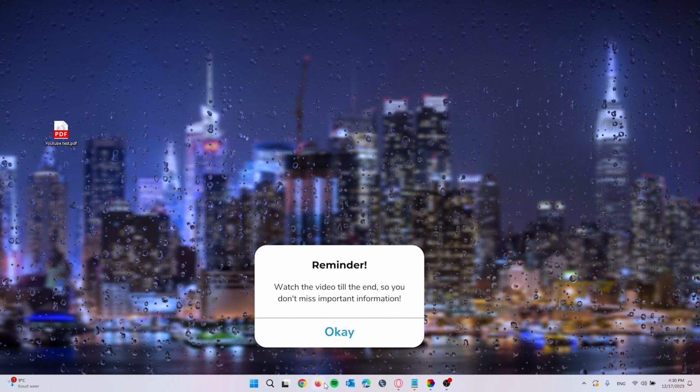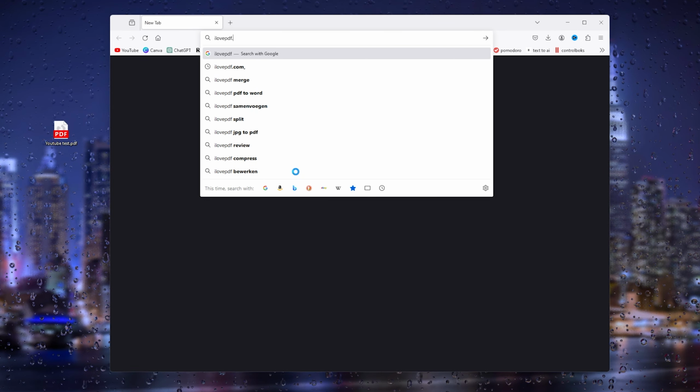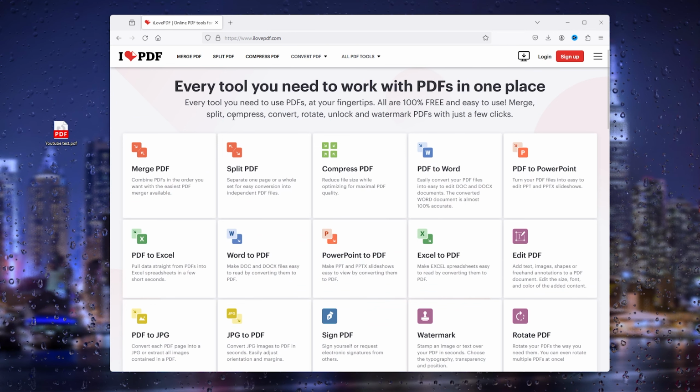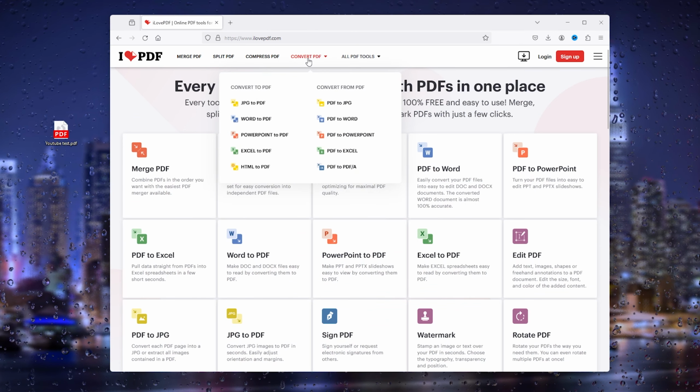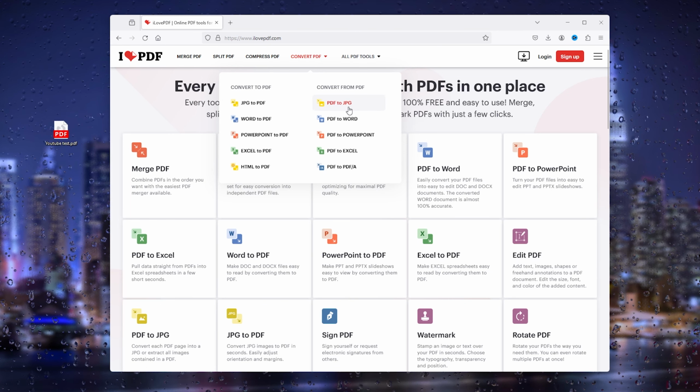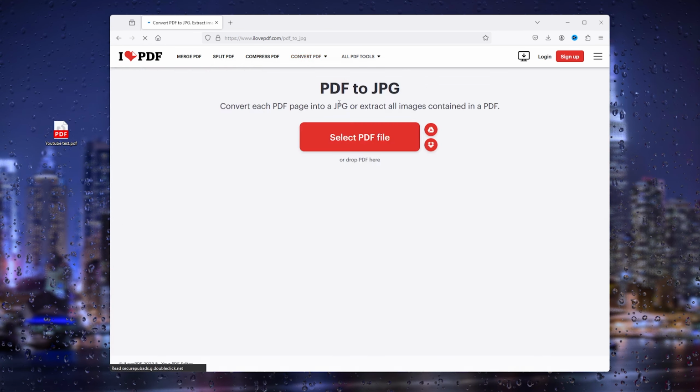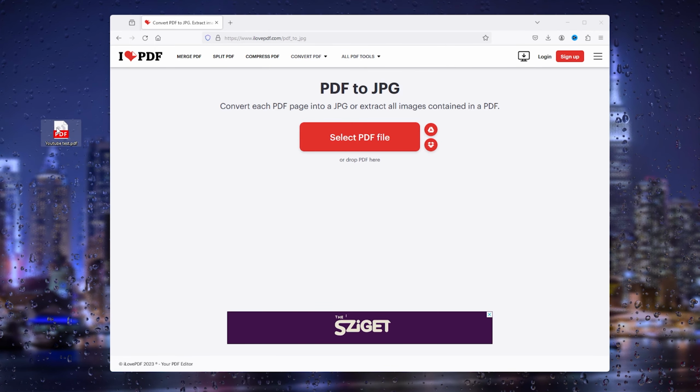Simply open up your browser and head to ilovepdf.com. It will take you to this website, and here you can use their tools. Now it's very easy. Go to Convert PDF, choose the first option, PDF to JPG, and select the PDF file